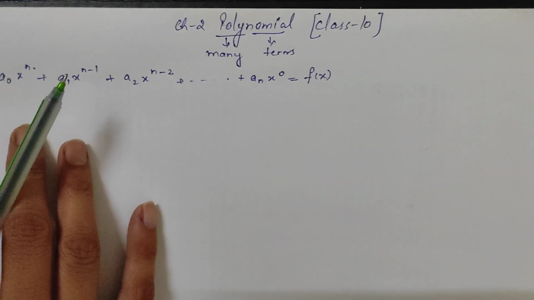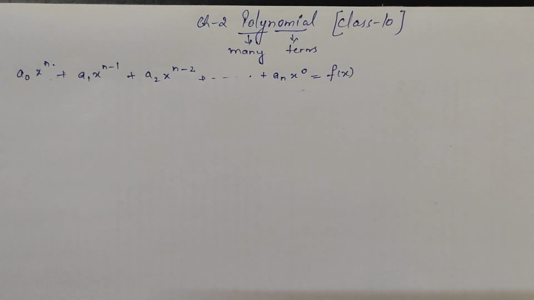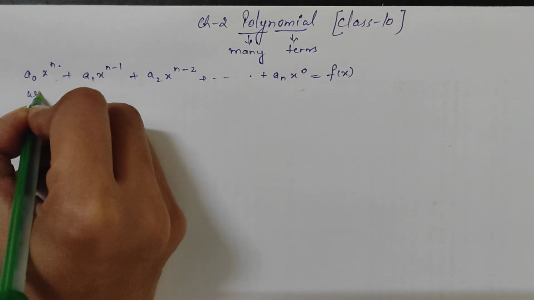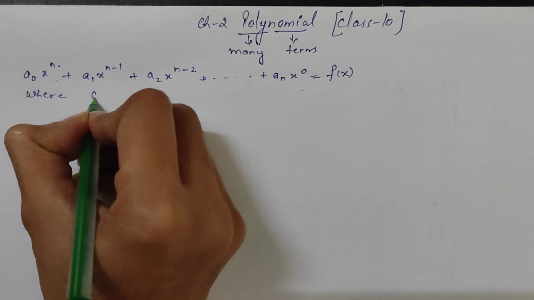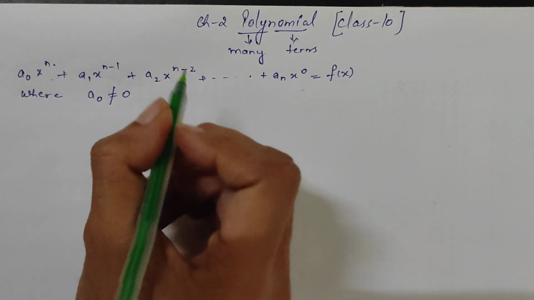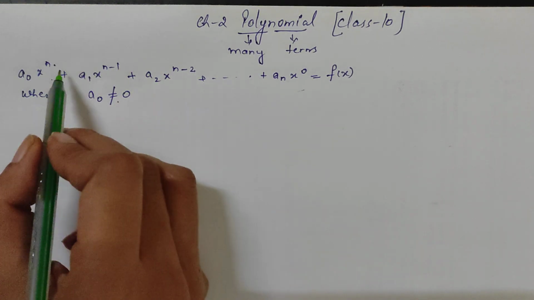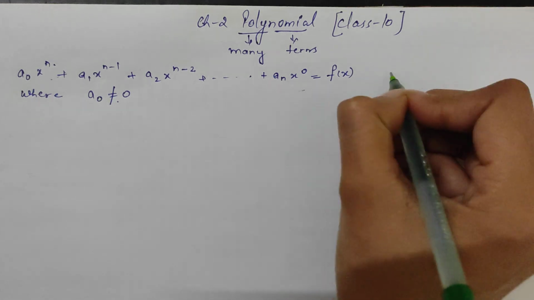This is known as a polynomial, where you have some conditions, like you can't say a naught equals 0. This is not possible because if it is 0, it becomes a polynomial of degree n minus 1